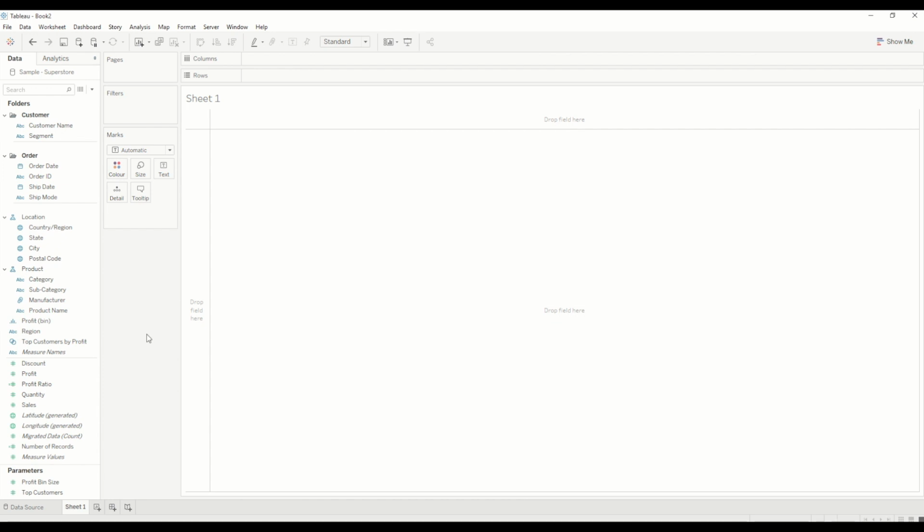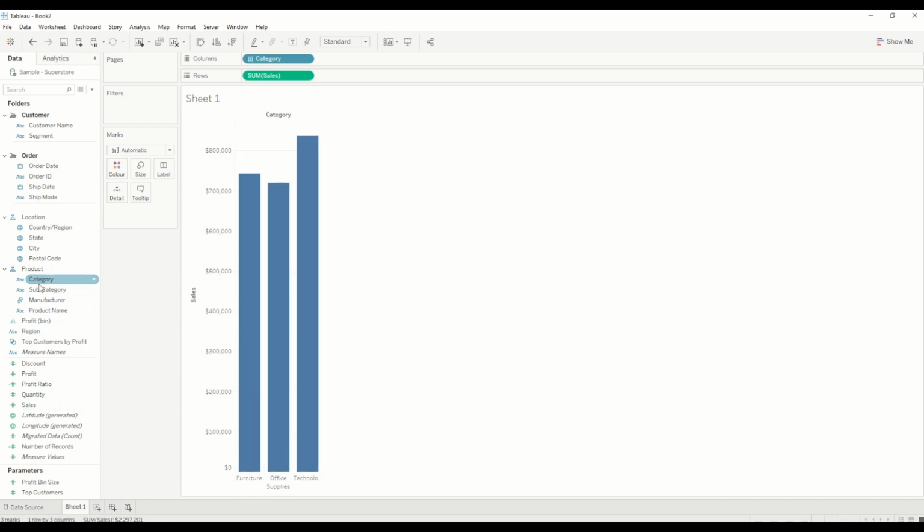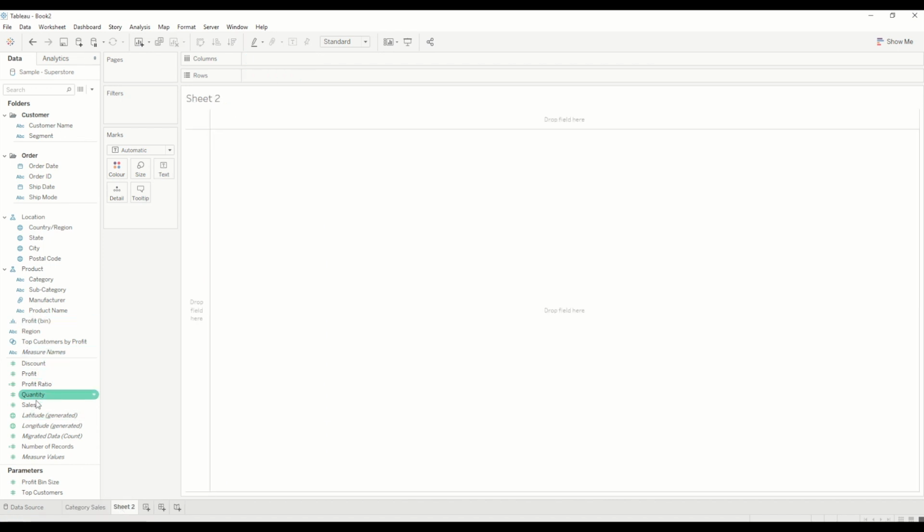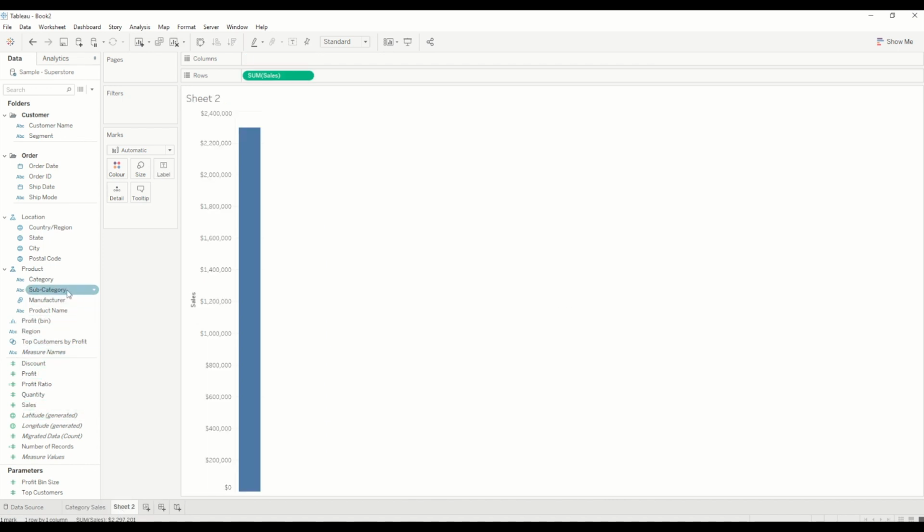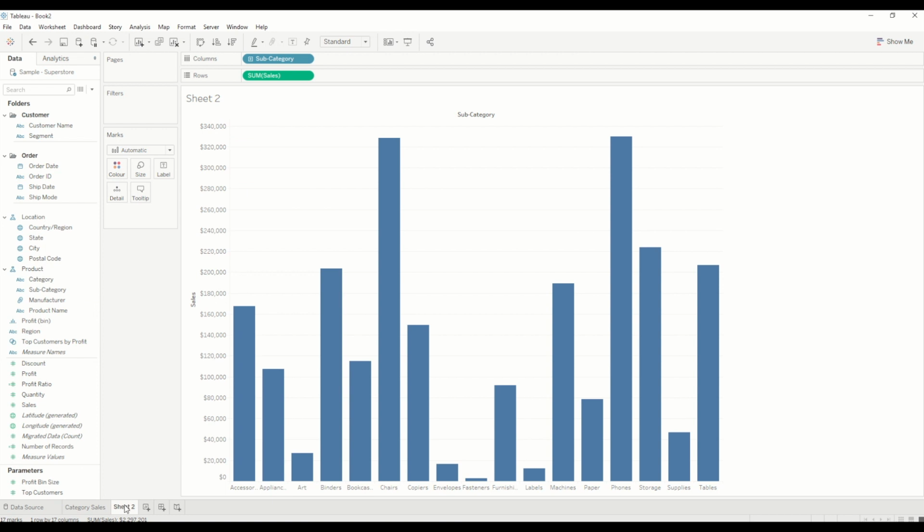So let's start with creating the sales number for product categories. You can see we have 3 categories and we are showing the sales here. I will give the name to the sheet as category sales. I will create another worksheet, same as the existing one, but this one will be for subcategories, and I will give the name